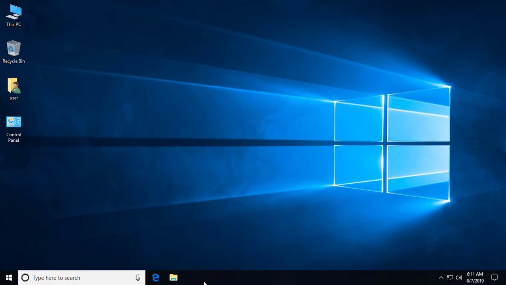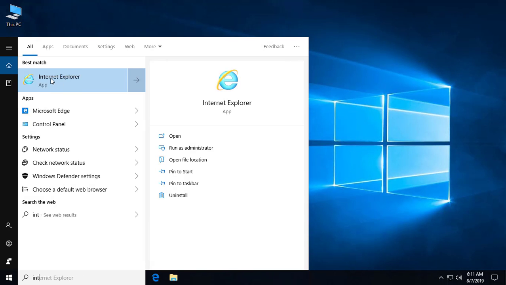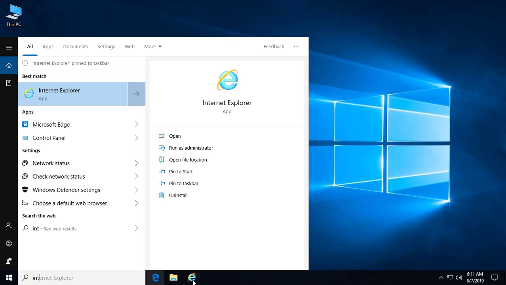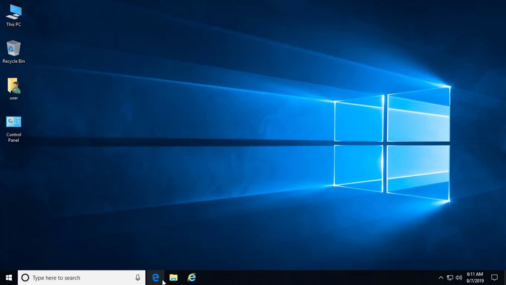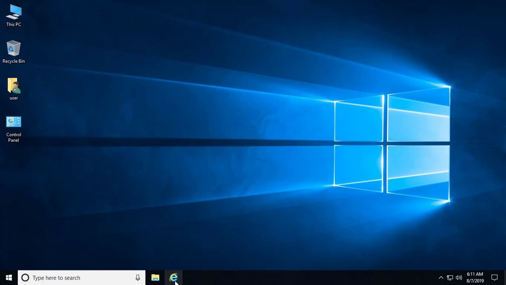So now, icons on the desktop. I like to use Internet Explorer. So I'm going to click here in the type to search and just type INT for Internet, and there's Internet Explorer. Now if I point at Internet Explorer here at the top and right click, I can pin it to Start, which will be the Start menu that opens when I click the Start button, or I can pin it to the Taskbar, which is down at the bottom that you always see. I'm going to pin it to the Taskbar. And now you see I have an Internet Explorer icon. Now if I don't even use Edge, I can also right click on that and say Unpin. Now I have Internet